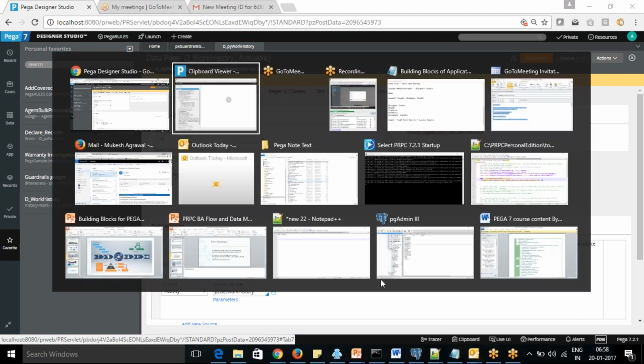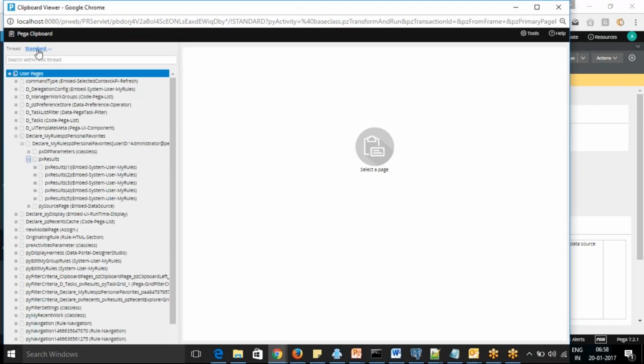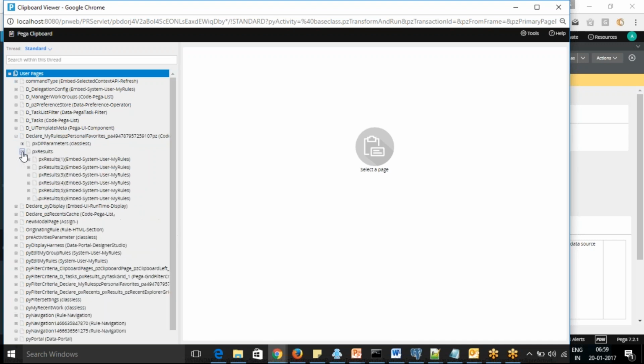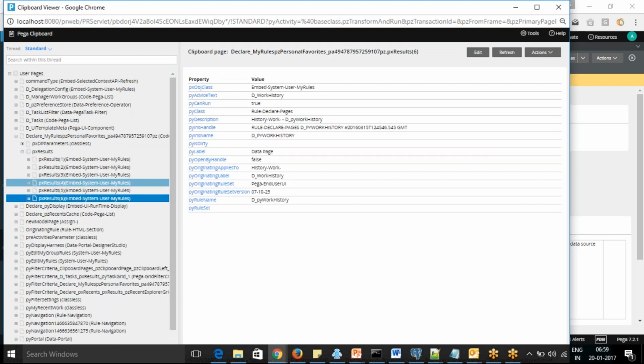And now if you go to the clipboard and replace the clipboard, it will show you 6 entries in this. Now you can see the work history is also added here.